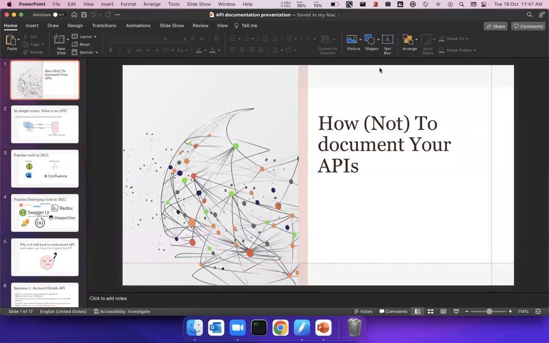Hello everyone. In this session, we are going to talk about a definitely different topic, something which we usually don't give much emphasis on: how to document your APIs. I have read many API documentations,